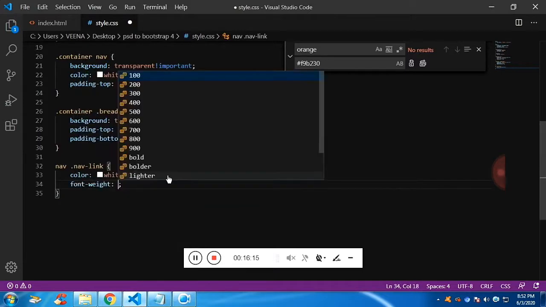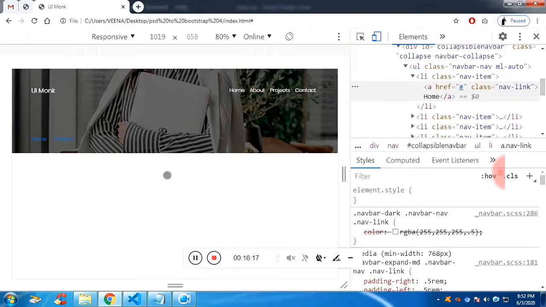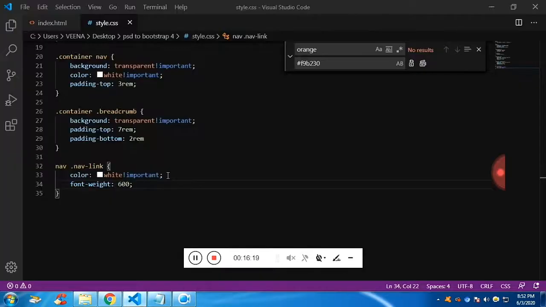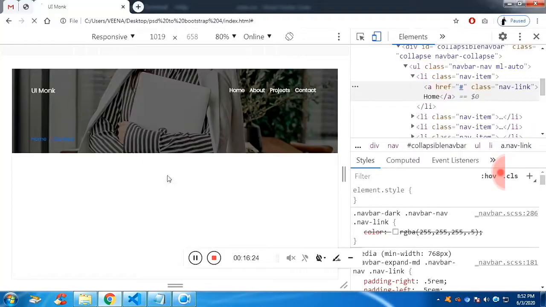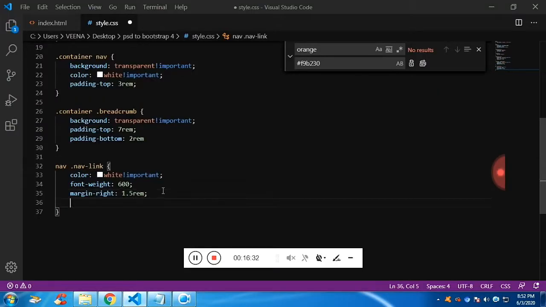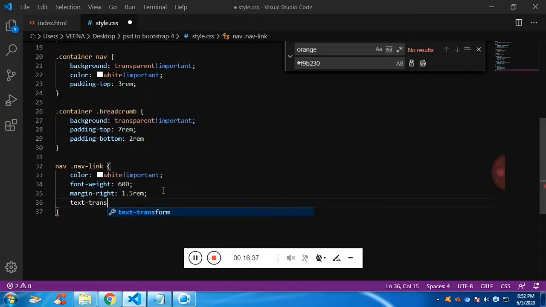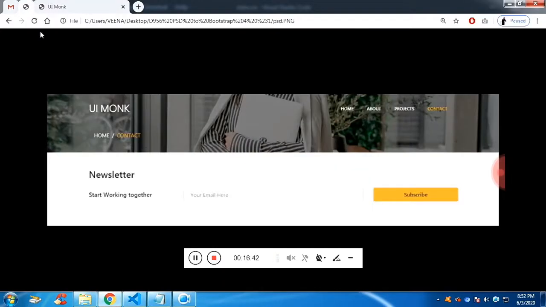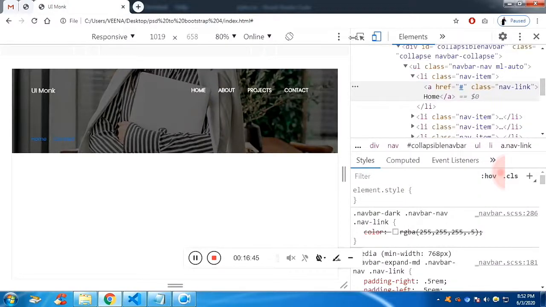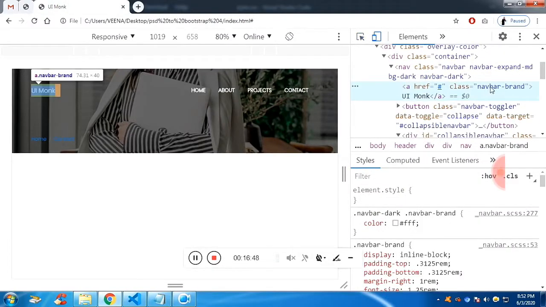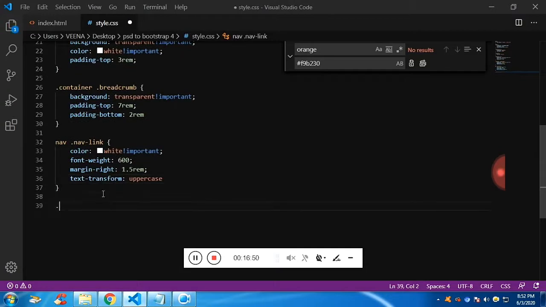Now let's add the font weight. Here we are going to add 600 to the links, and let's give the margin right as 1 rem so that we can get some space on the right of the links. And now I'm going to make the text uppercase, so for that text transform uppercase will work. And let's make the brand text transform uppercase as well, and I'm going to give font weight, and I'm going to change,